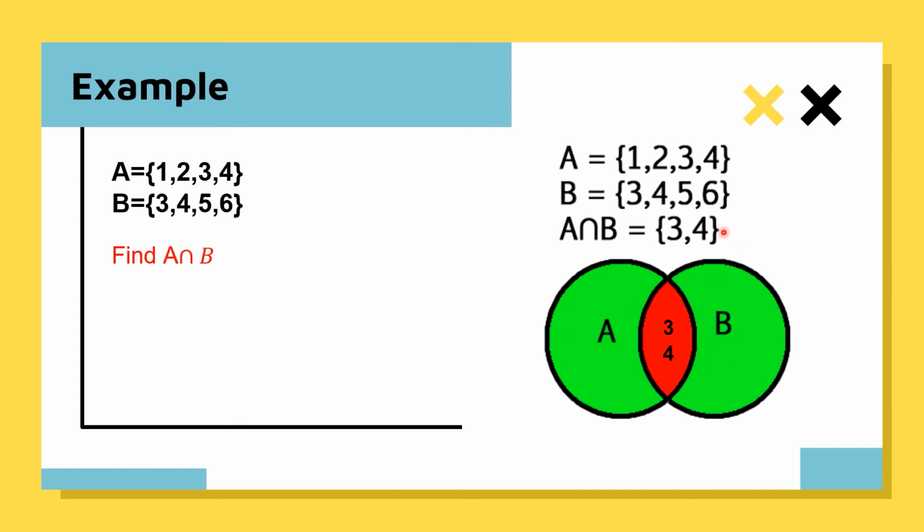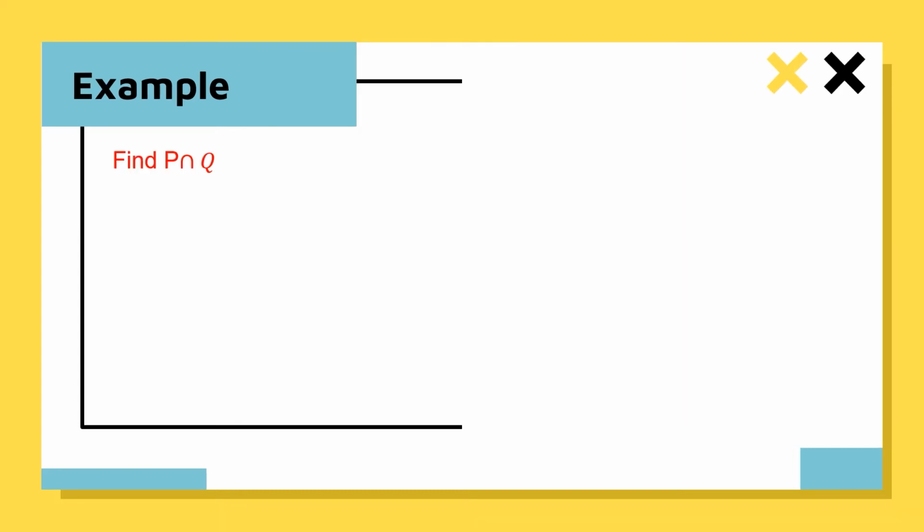When it comes to theory, just select the common elements and write them inside the set A intersection B. When it comes to Venn diagram representation, you will just write the common elements in this common region. That's it. So this is what intersection is. Simple, right? Very simple.